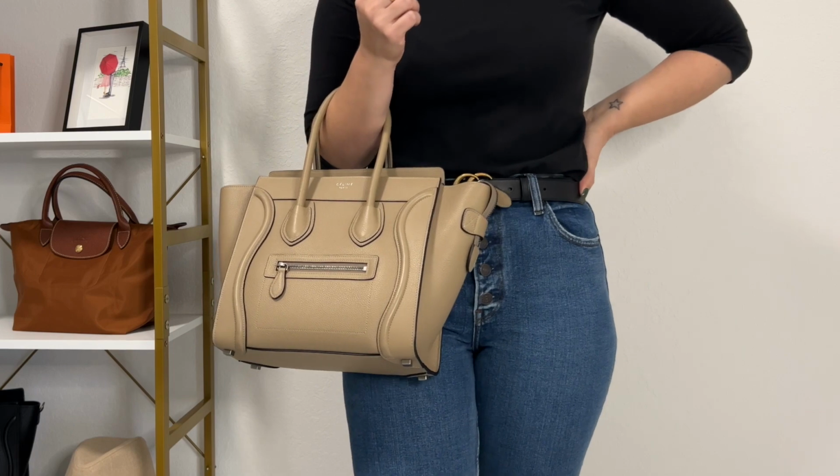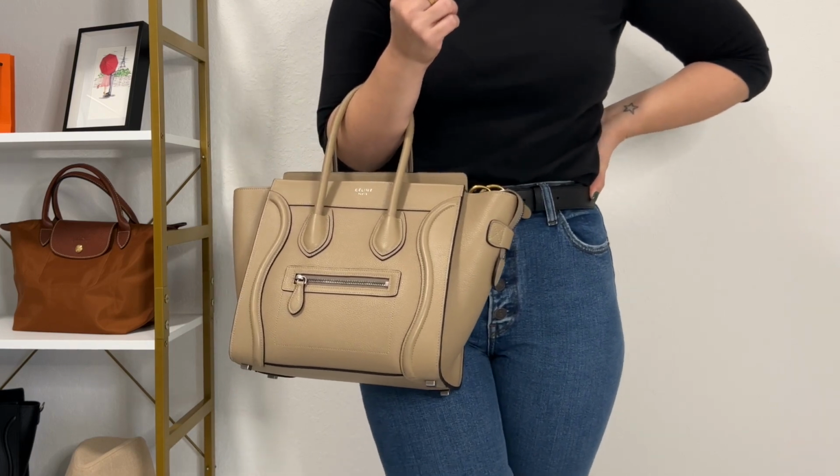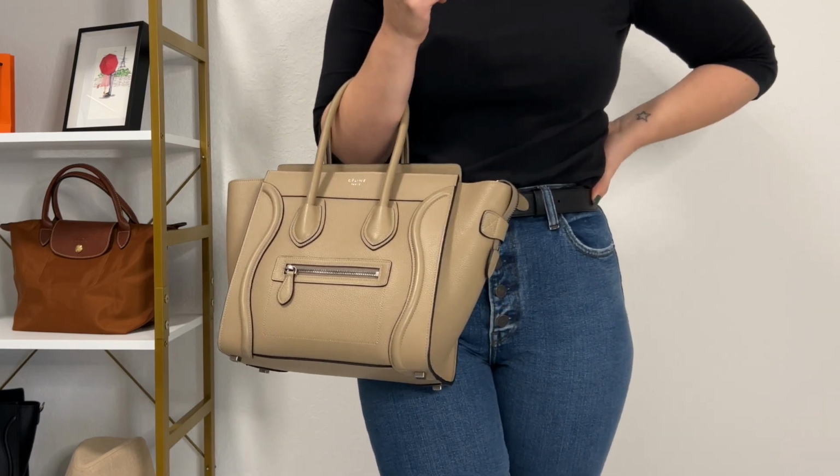Now, the next category is a work bag, and I couldn't narrow down just to one choice. So I will be mentioning 2 in this category. I'm sorry, I'm cheating a little bit, but who doesn't like to see a lot of handbag eye candy, right? So for the first option, I will be going with my Celine luggage, and this one here is in the size micro. I honestly feel like this is such an elegant handbag,